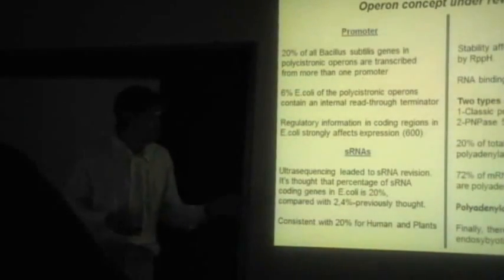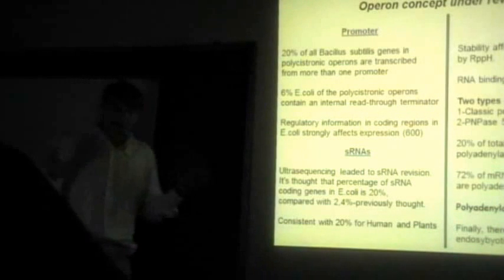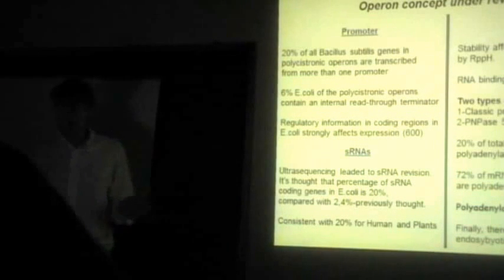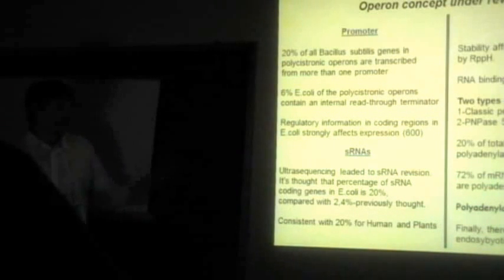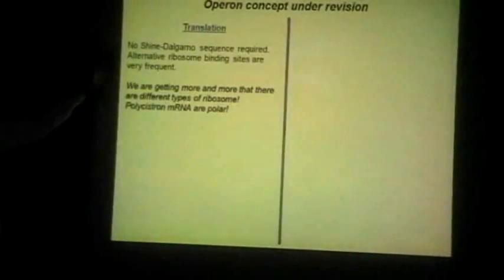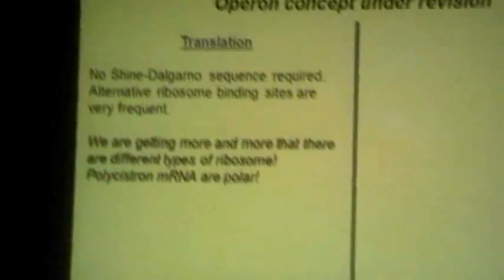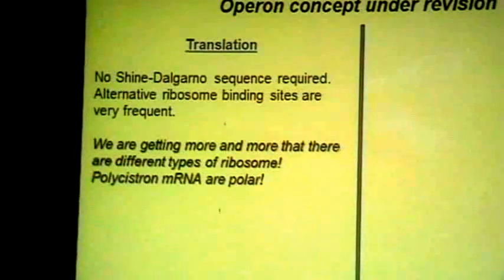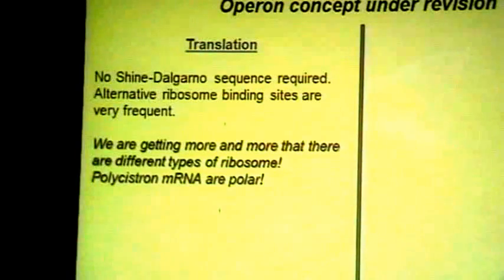So a lot of complexity, but that's not all. What about the Shine-Dalgarno sequence? What was said before: in order to get this high quality translation, you need a very good Shine-Dalgarno sequence. But we are finding more and more that quite often we do not need this Shine-Dalgarno sequence at all. There are non-canonical ribosome binding sites. Also, there are different kinds of ribosome which recognize different ribosome binding sites. And also,